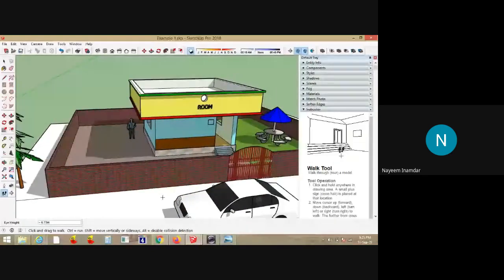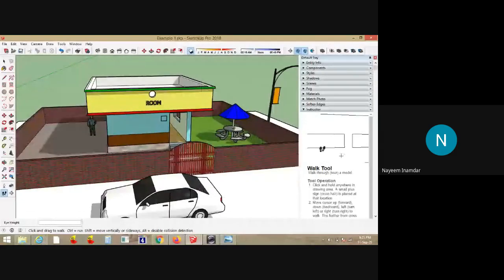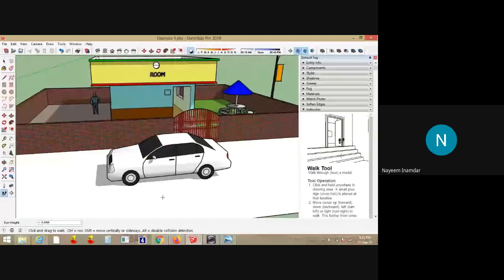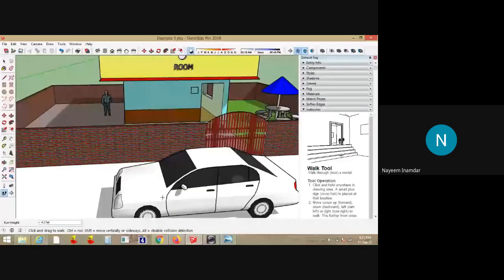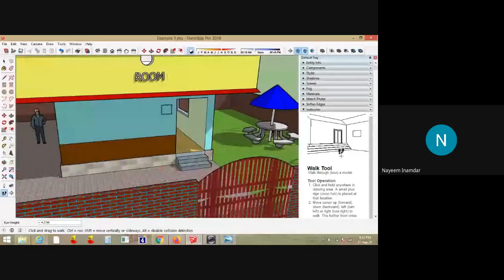You can see here, vertically it will move. Now I'll release the shift button. I'll just drag the mouse and keep on walking.